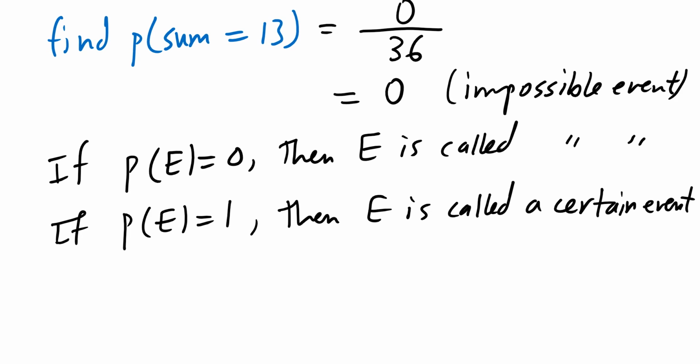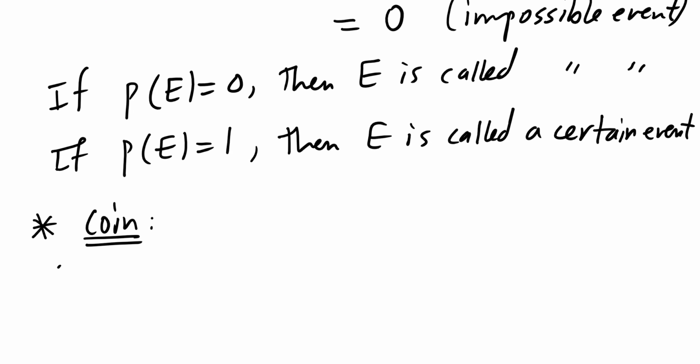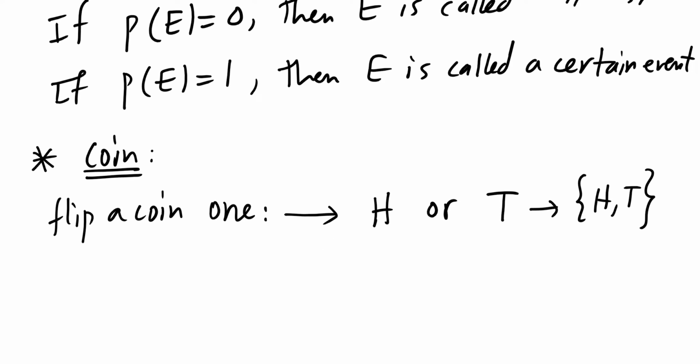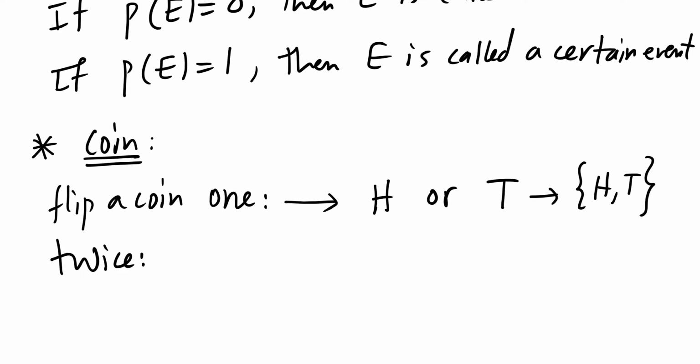Other examples about the coin. When you flip any fair coin once, what are the outcomes? What do we get? You are gonna either get heads or tails. There's no other option. So the two outcomes. Some people write it like this, H comma T. If you flip it twice, or two coins, you can get head on the first one, head on the second, or head on the first, tail on the second, tail head, or tail tail.